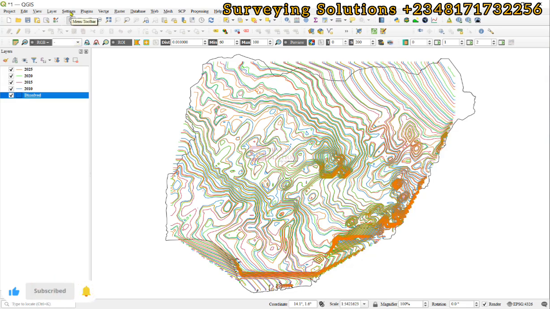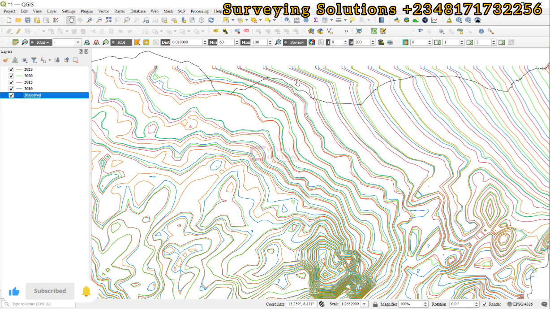On today's tutorial, we are going to show you how to carry out batch processing. Batch processing helps you to carry out multiple tasks at once. It's more like an automated process. So we have some lines, they are actually isogonic lines of different years. What we want to achieve is to clip them to the extent of the Nigeria boundary, right? Good. So instead of doing them, maybe 2010, 2015, 2020, 2025, one after the other, we can